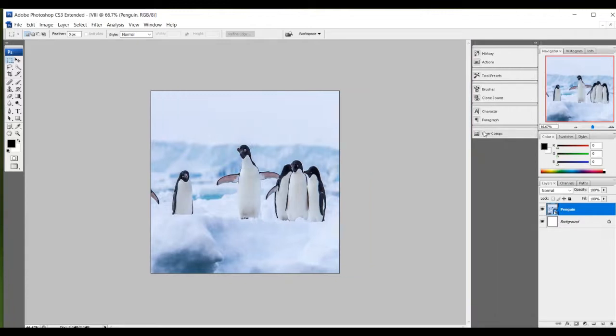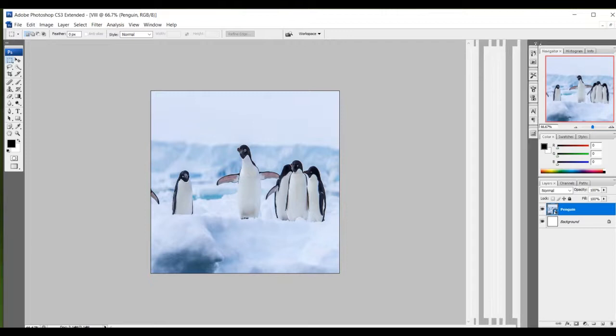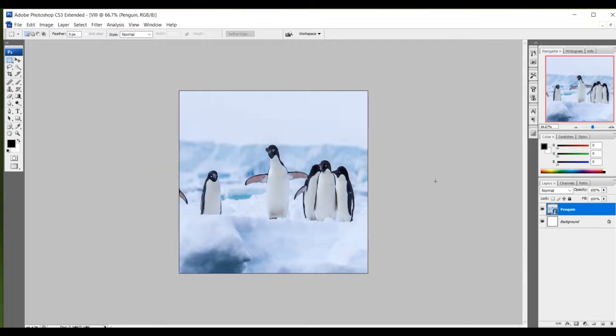You can collapse or expand the dock by clicking on the double arrow, and it is used to keep the palettes that we don't use quite often. So these are tools we are not using often. They are easily accessible, but they are just hidden. Okay. As we are not going to use it immediately, we'll just close it off.